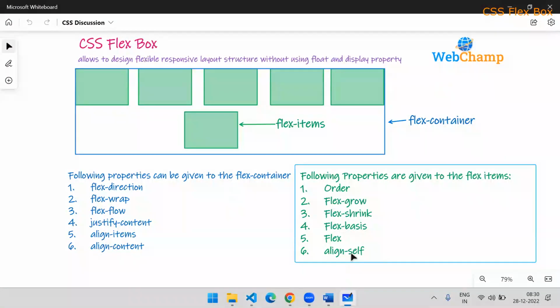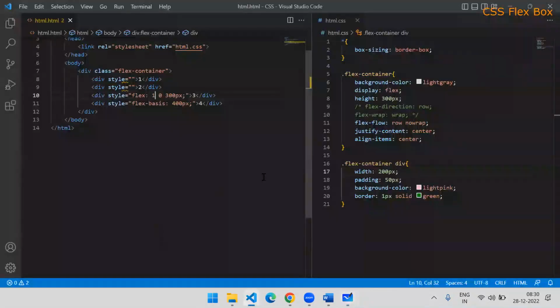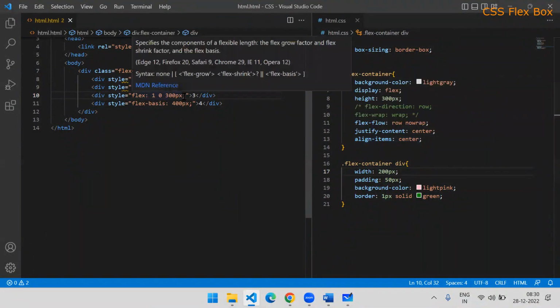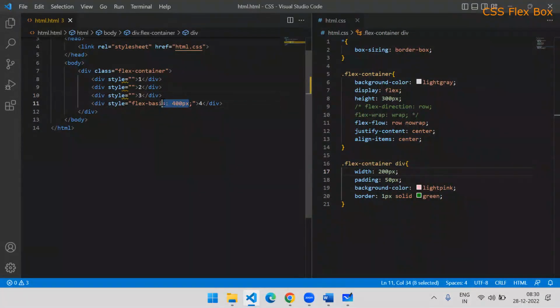And the last property is align self. Align self is exactly the same as align items. By using align items, we were able to align the flex items vertically, right? But if you want to align these items separately, then you can use the align self property. Meaning, if we use align items from the parent, that property is applicable for all